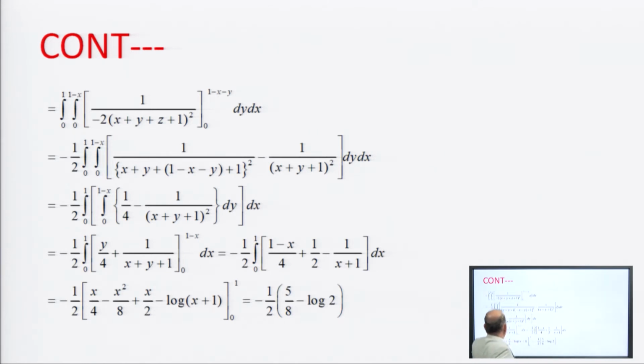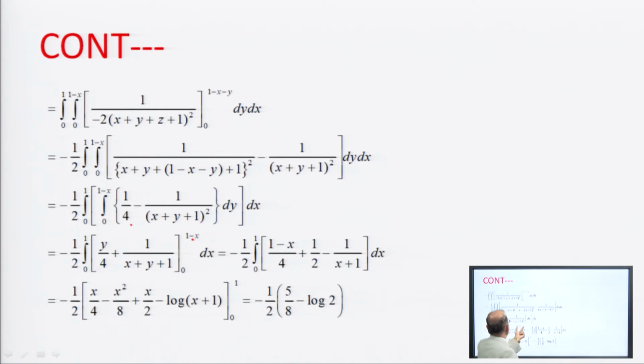Since y contains the variable limit, we integrate with respect to x, that is, we integrate this with respect to y. 1 by 4 is a constant, so we integrate with respect to y and get y by 4. We again integrate this 1 by x plus y plus 1 whole square, and we get minus 1 by x plus y plus 1, with the limit